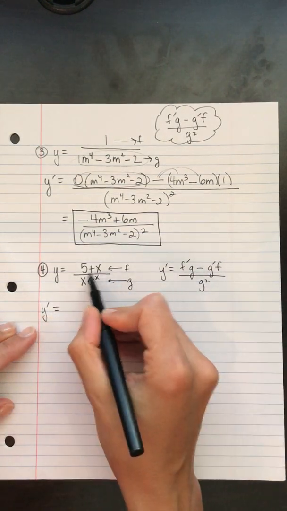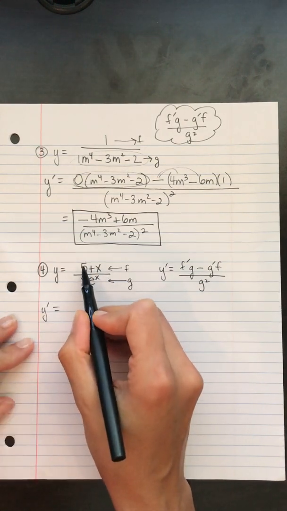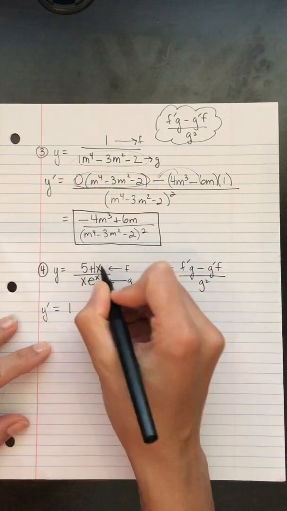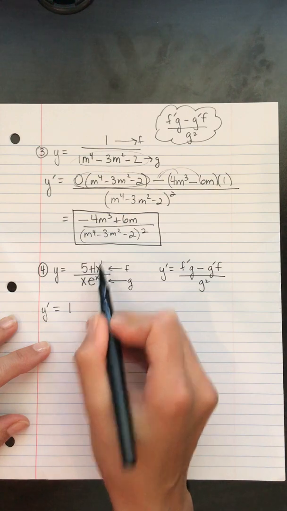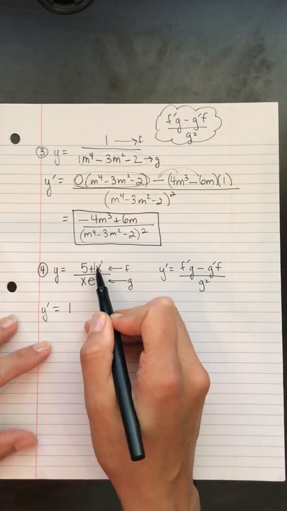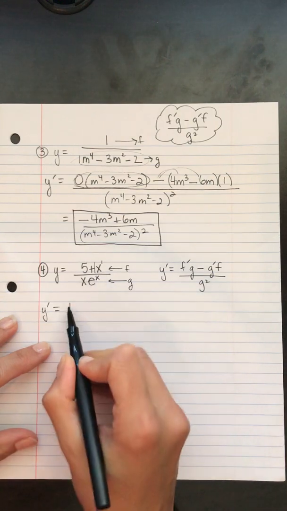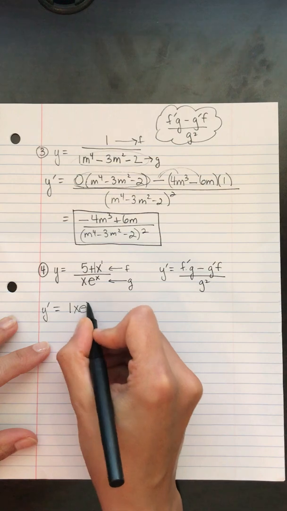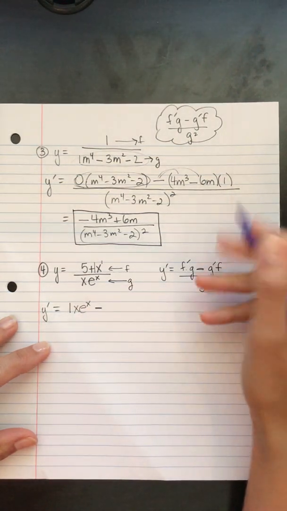So the derivative of f, what's the derivative of 5 plus x? The derivative of 5 is 0 plus the derivative of 1x is 1. Okay? You can either do the power rule, 1 times 1, x to the 0 power, okay? Or you can remember that the derivative of a constant times x is just the constant. Okay, times g, so x e to the x minus, when you get to g prime,